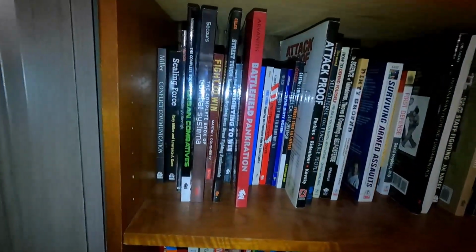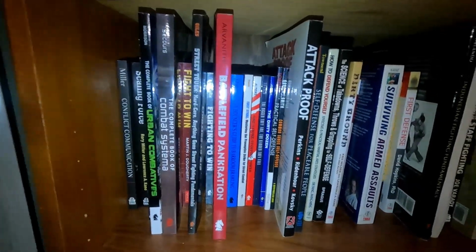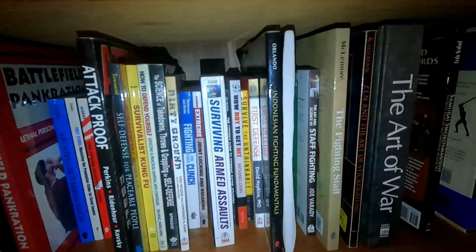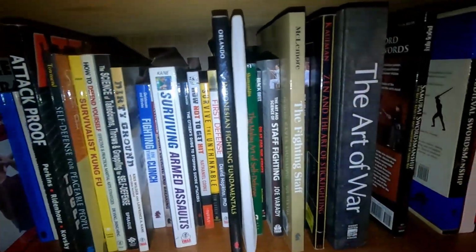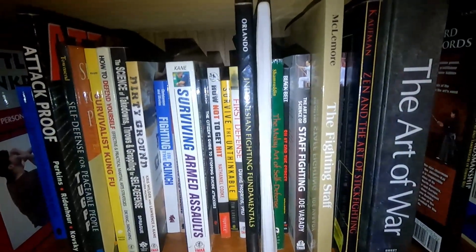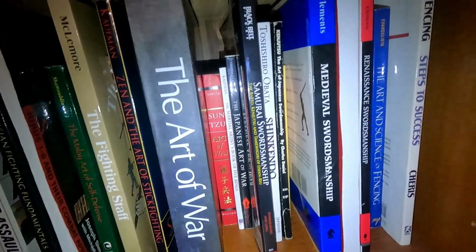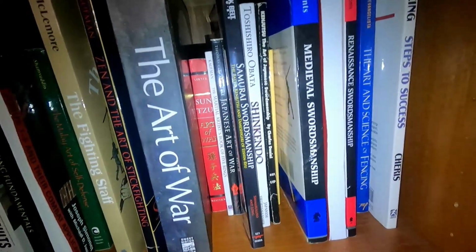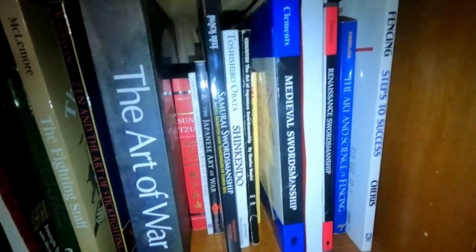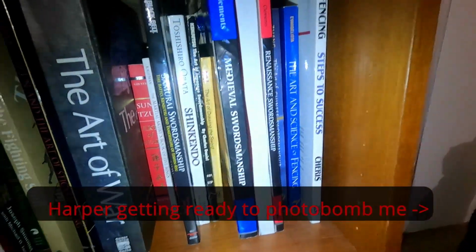And now we're moving on to the more physical side of the self-defense. And from self-defense, we move into silat first, and stick fighting, and then a little bit of strategy, and there we go on to swordsmanship, and I've actually got more of that than I thought I'd have. From swordsmanship, both Eastern and Western,